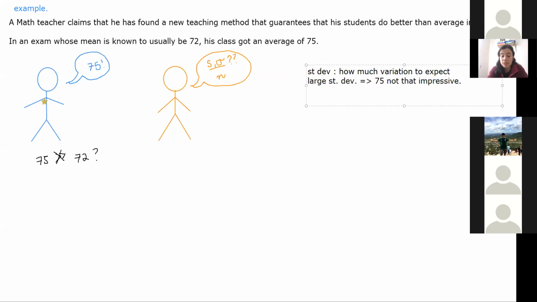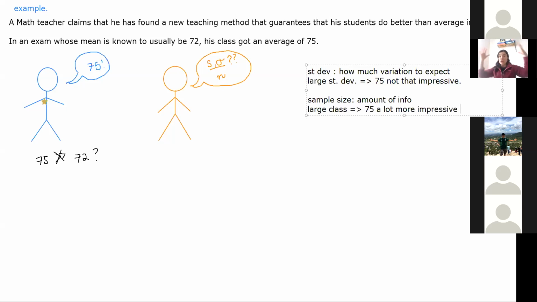And then we can look at the sample size, or the class size in this case, which is kind of like the amount of information that we have, right? So if we have a very large class, then 75 as a grade is a lot more impressive,